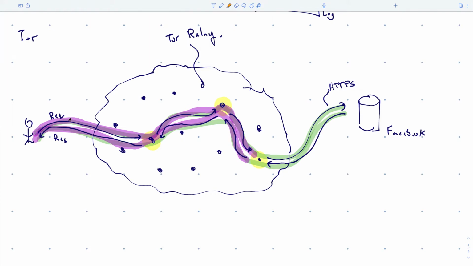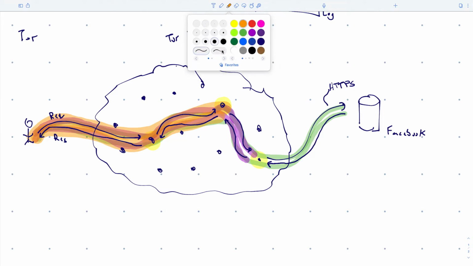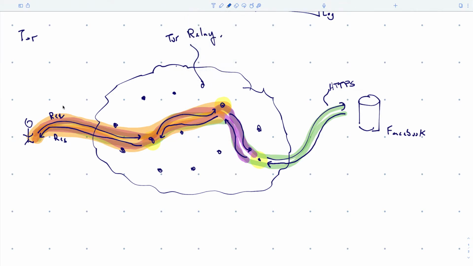And that encrypted tunnel will be inside another encrypted tunnel that goes between you and the second node. So this gets kind of messy, but if you just watch me draw it, you'll at least get hopefully the idea. And then all of that is inside a big encrypted tunnel that goes between you and the first node